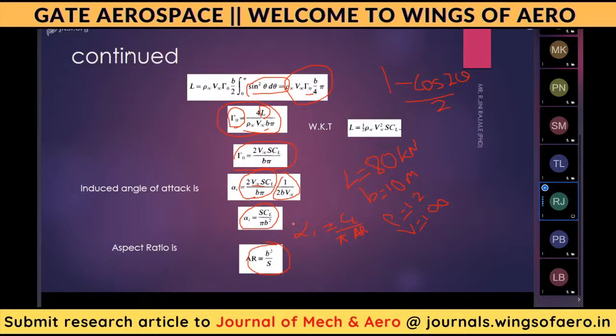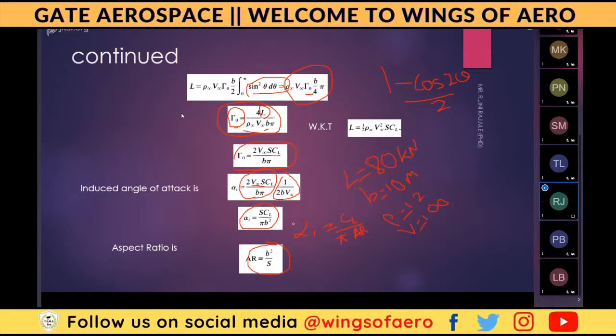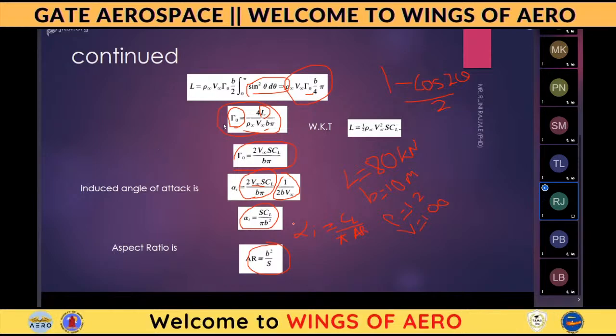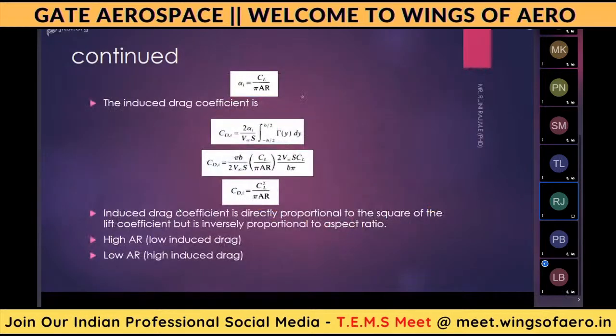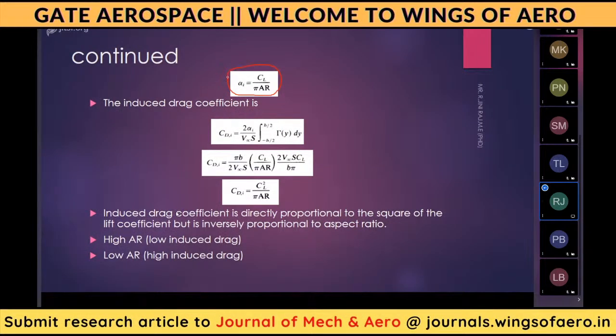Then if aspect ratio increases, what will happen? What will happen when aspect ratio increases? Induced angle of attack will decrease. Yes. Okay. So here alpha is equal to CL divided by pi AR, and now we will be finding the induced